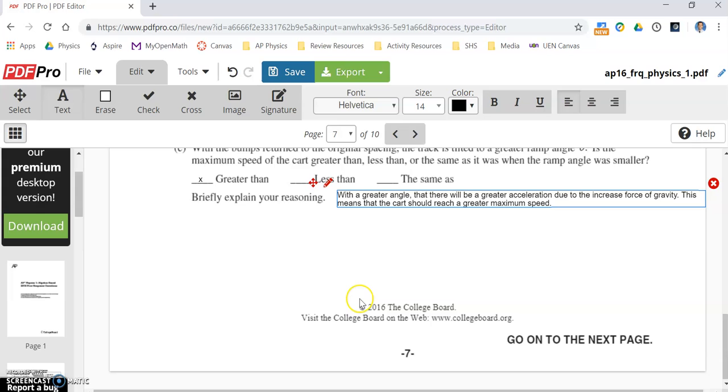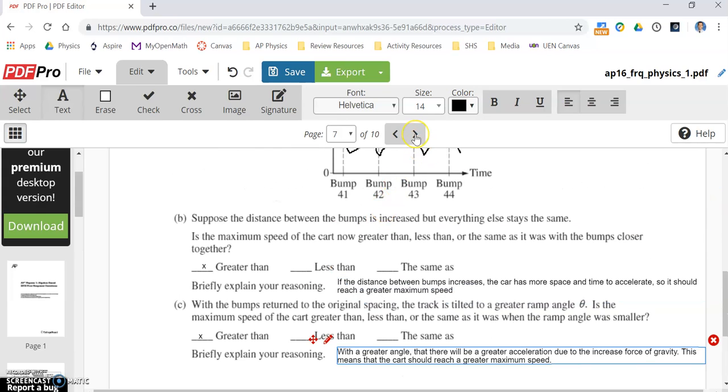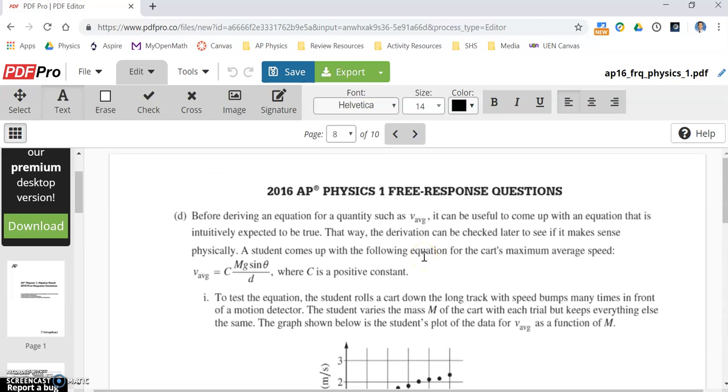All right, that's all for part C. Now there's still 2 more parts. Remember, this was a longer one. So part D,